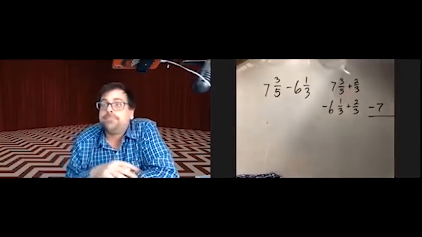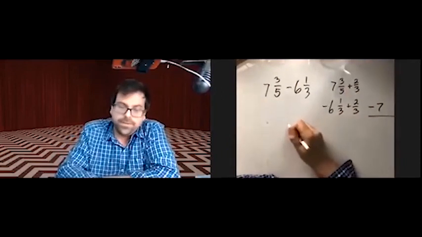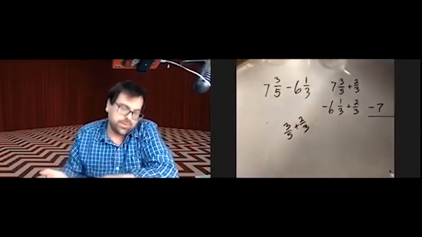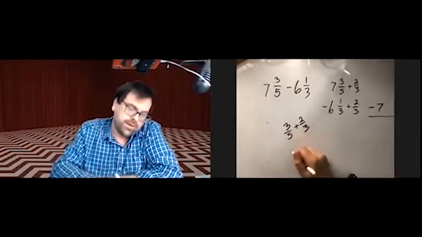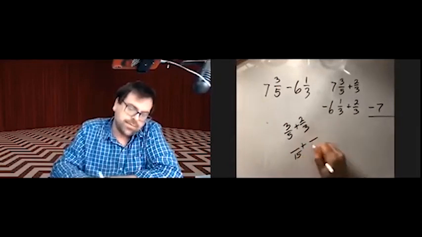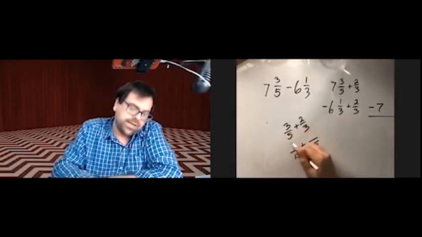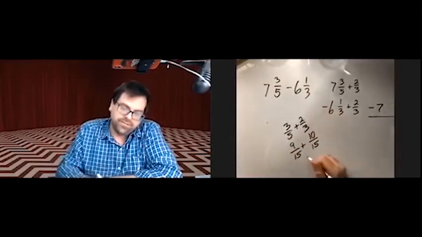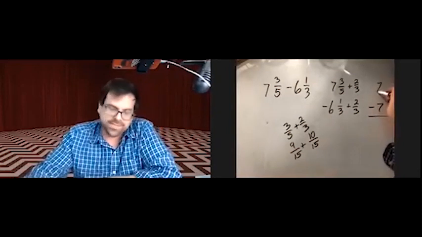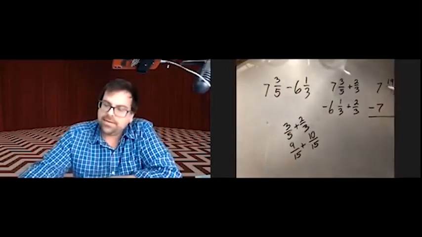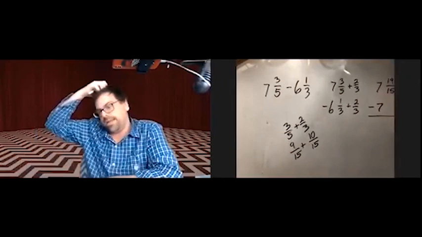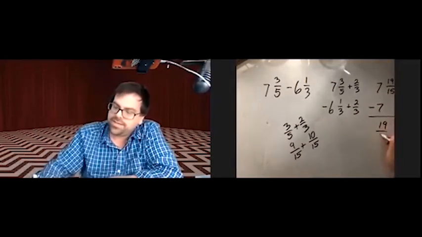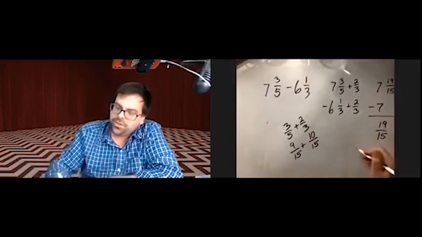What's the top become? Well, 3/5 plus 2/3 would be 15ths, times 3 to get 9/15, times 5 to get 10/15. This would be 7 19/15 minus 7. 7 minus 7 is 0, so the answer is just 19/15, which if we divide,